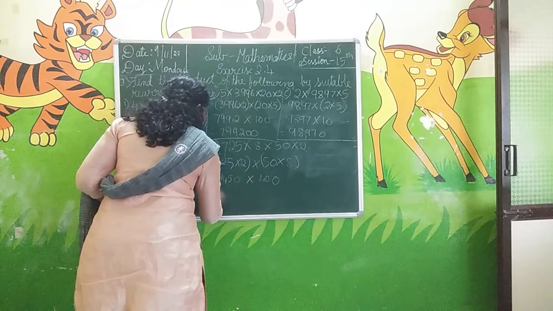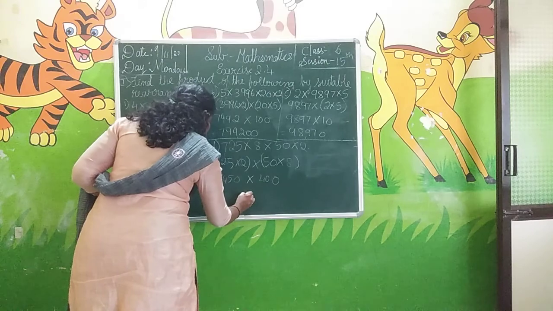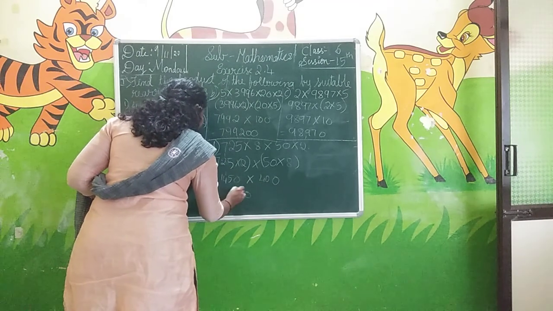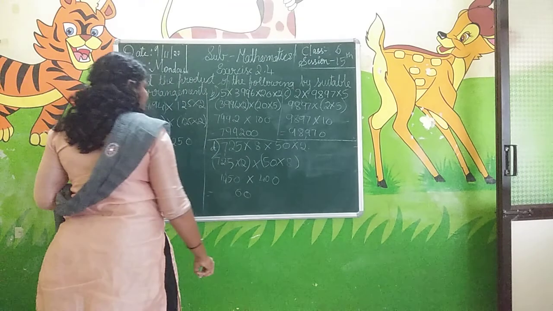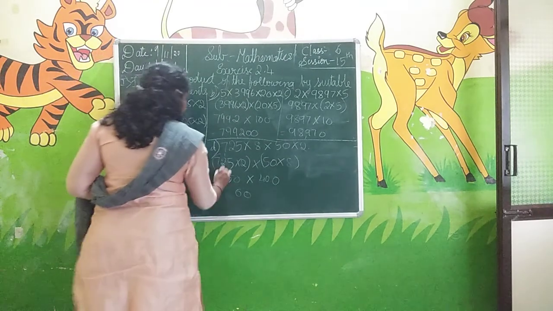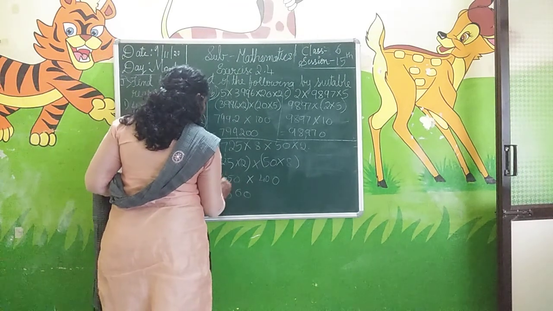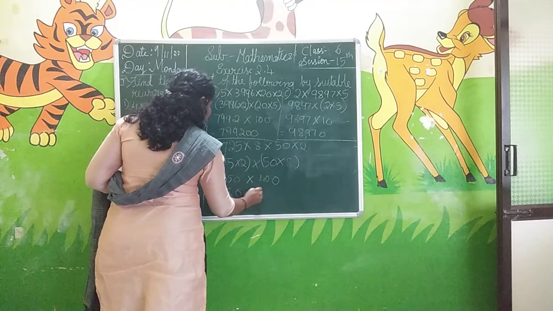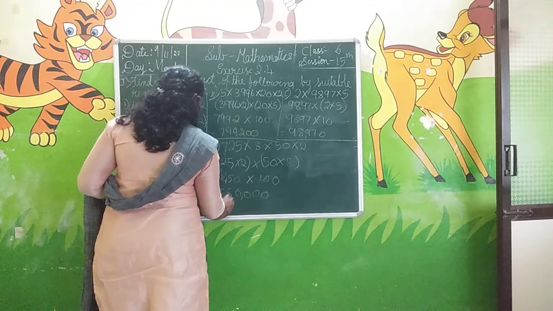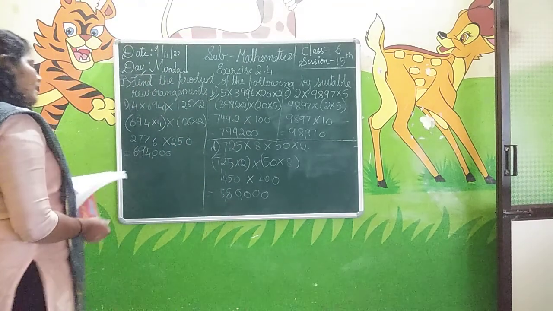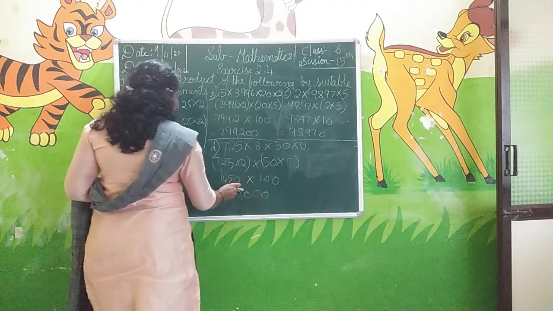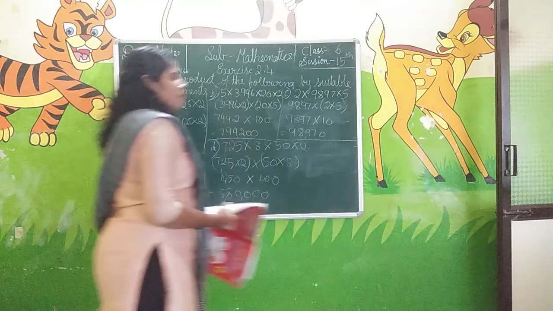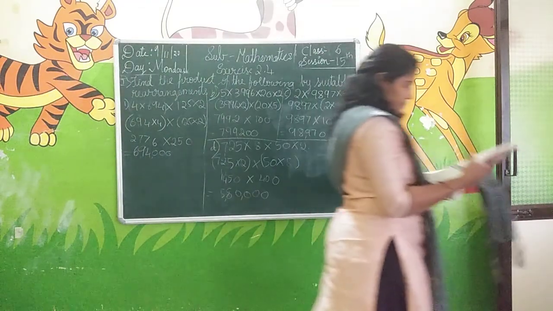So directly we can do this before. 4 zeros are 0, 4 5s are 20, 2 carry 0 here, 4 4s are 16, 16 plus 2 is 18, 4 1s are 4, 4 plus 1 is 5, and the remaining 2 zeros we should also add. Okay, what will we get as the answer? That is 5,80,000. Okay, these are very simple and very tricky problems. You can do it very easily.